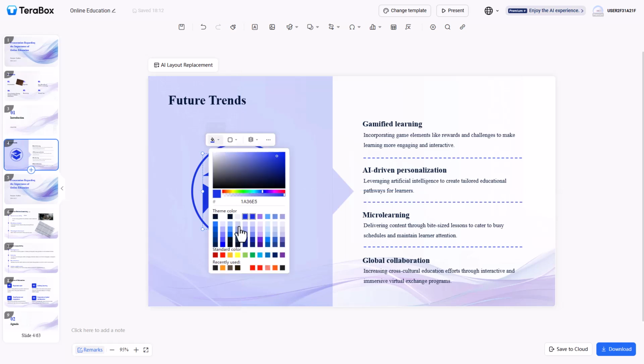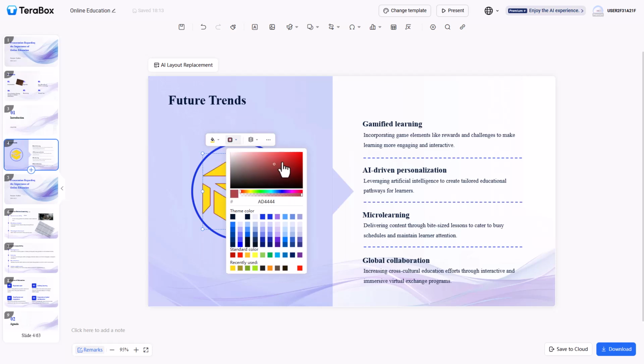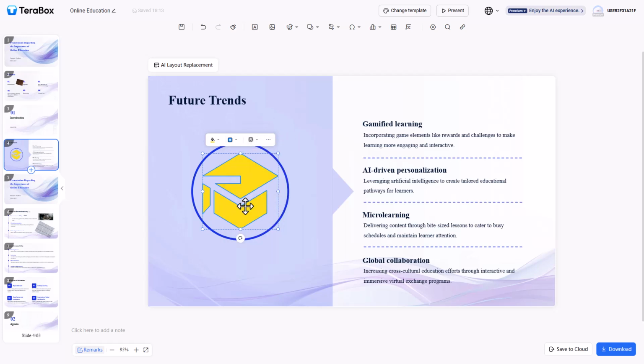Now I can also go ahead and select the color of this particular graphics. As you can see right here, you can go ahead and choose the color as you wish. You can even choose a border color, as you can see right here, just like this. And then even change the hierarchy, that is, place it wherever you want right here. And this is how you can go ahead and insert icons in a slide as you want in Terabox